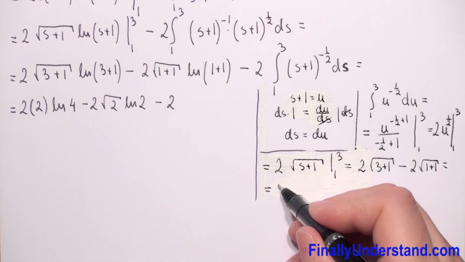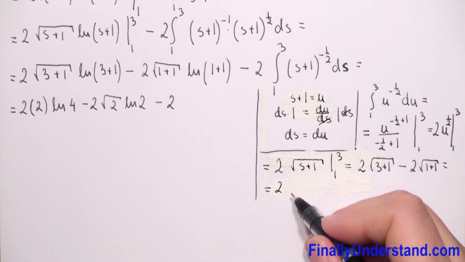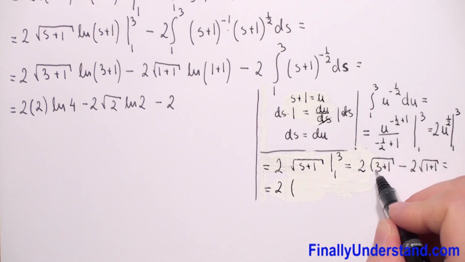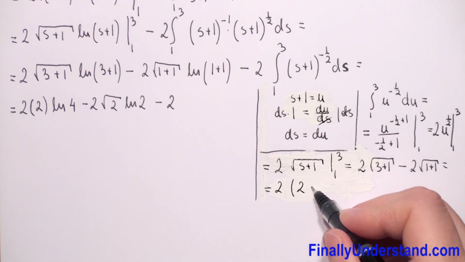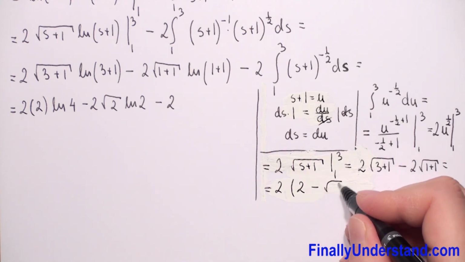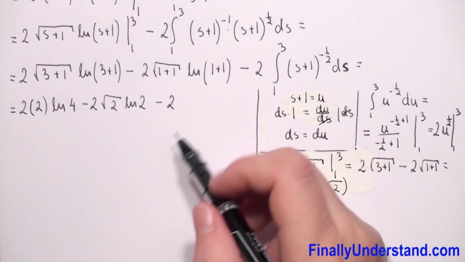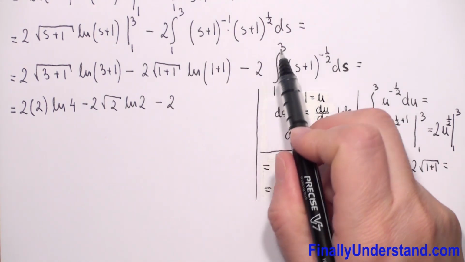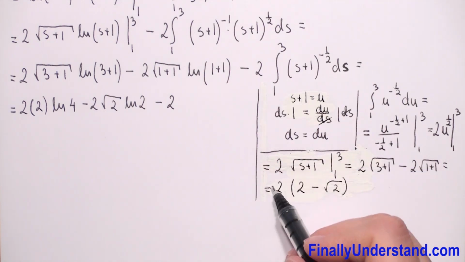We can factorize 2, and we will have in parentheses square root of 4 is 2 minus square root of 2. Now we can come back to our problem, and for our integral from 1 to 3